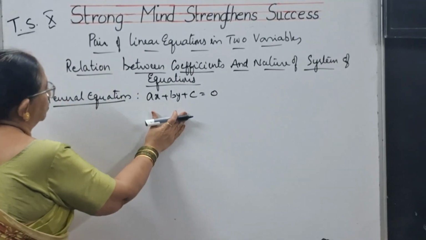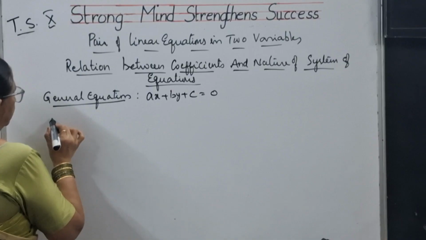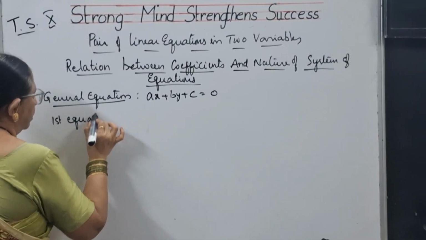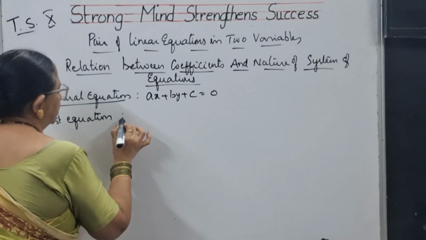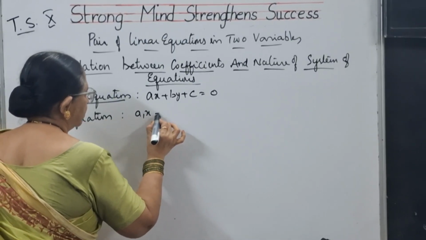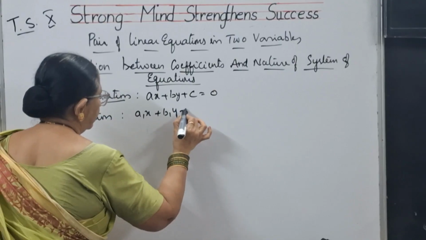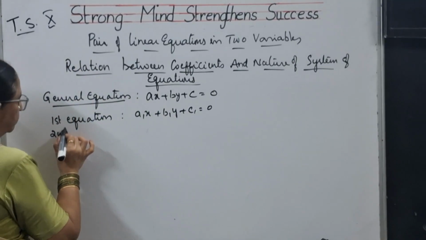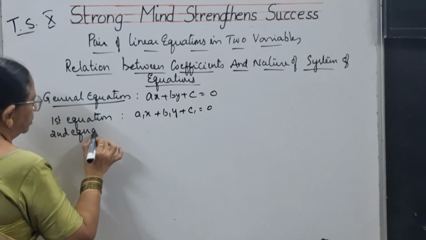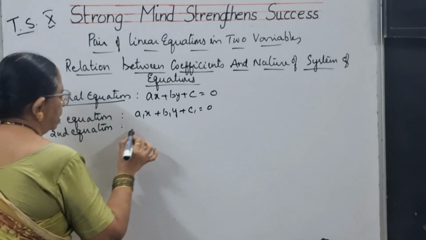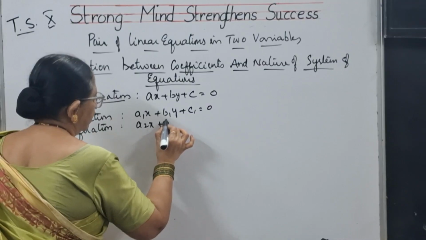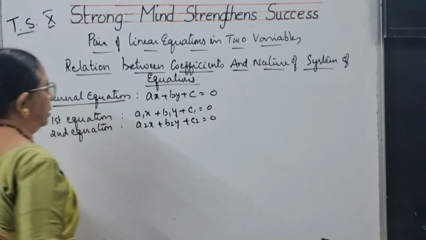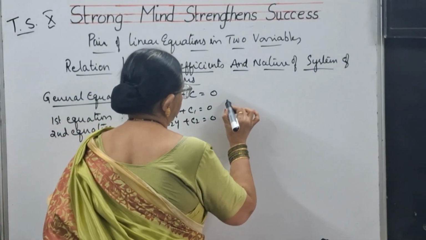Now we are going to talk about this in two equations. So suppose you are talking about the first equation. How do you write the first equation? We will be writing a1x plus b1y plus c1 is equal to 0 as the first equation. And the second equation, we write it as a2x plus b2y plus c2 is equal to 0. Where